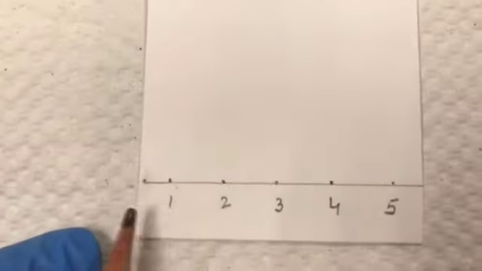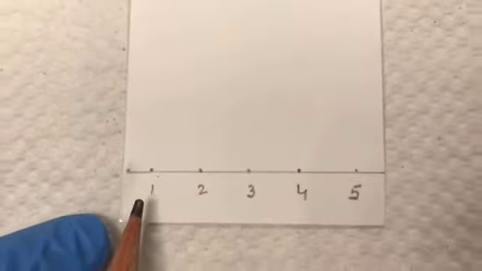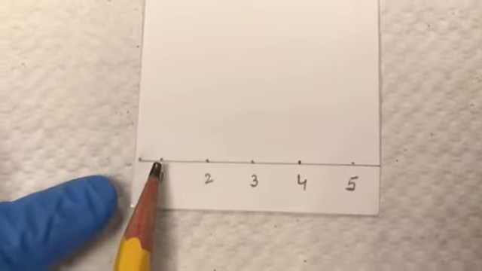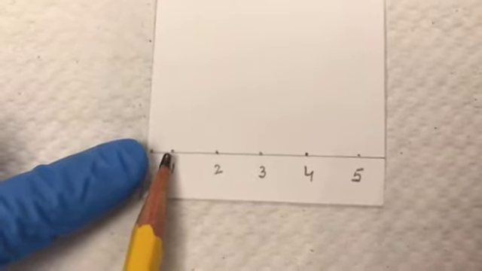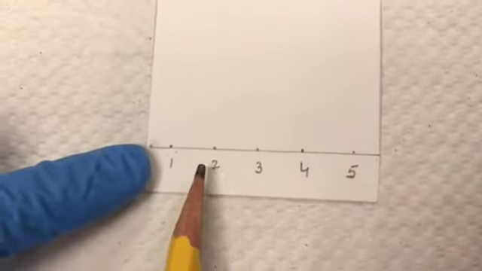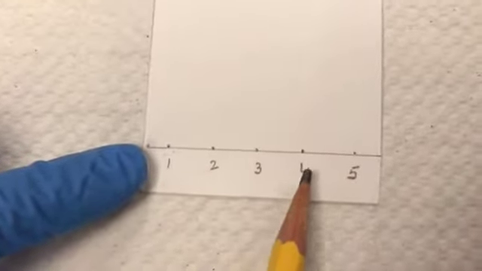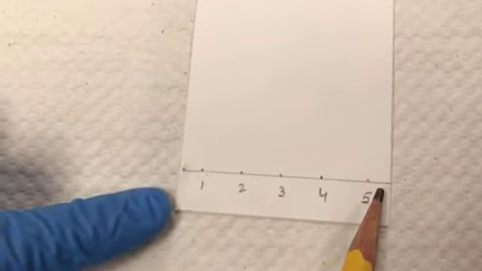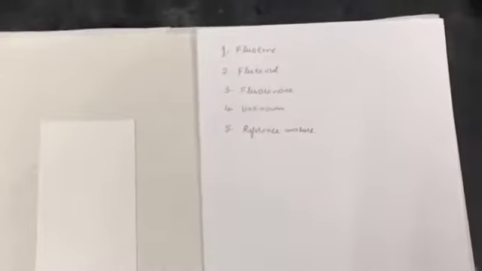So let's say here you are going to spot 5 samples. You need to leave equal space from the edges, like 0.6 centimeter here and 0.6 centimeter here. And then you are going to mark the spots at 1 centimeter intervals, so they are at equal intervals. And why are we doing it? So that these spots will not mix together, and they will separate nicely when they move up the silica plate.